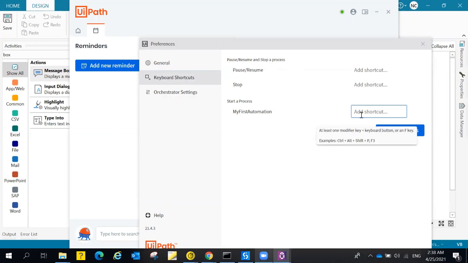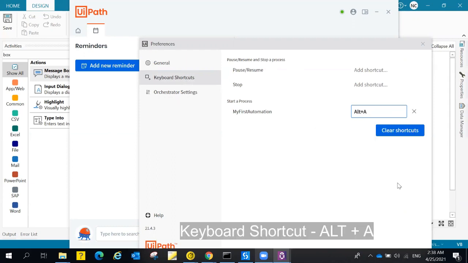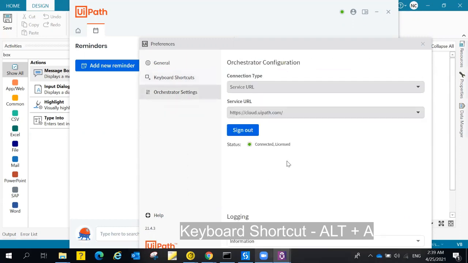If I press any keys on my keyboard, it will take that up. So let's say Control and A is what I have pressed. Whenever I press Control A on my keyboard, it is going to start this particular process. In the Orchestrator settings, if anytime you want to change your service URL or any information of your Orchestrator, you can come and change it here.